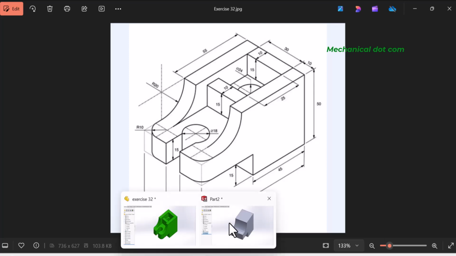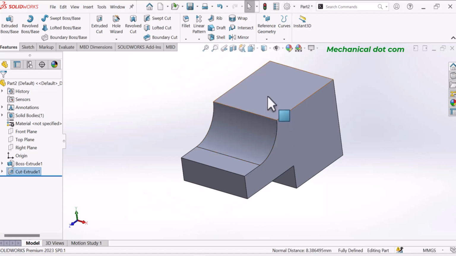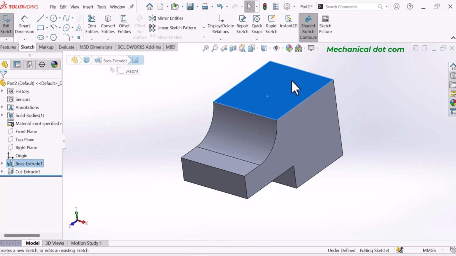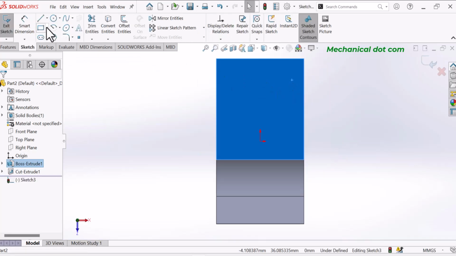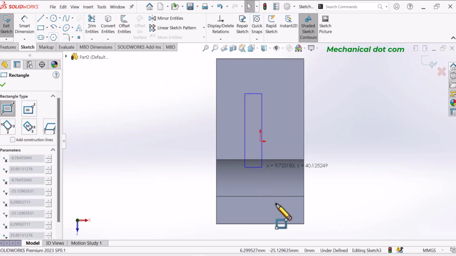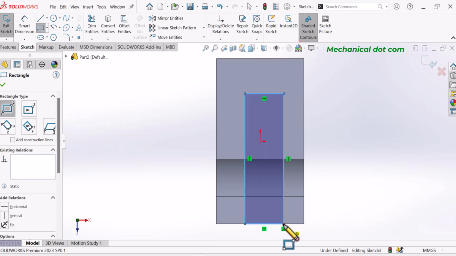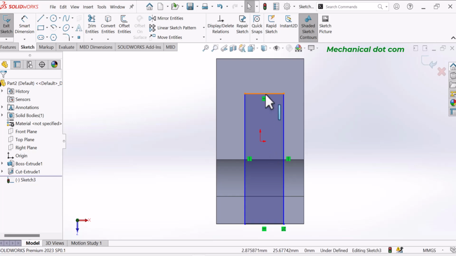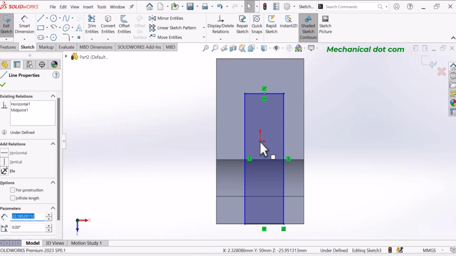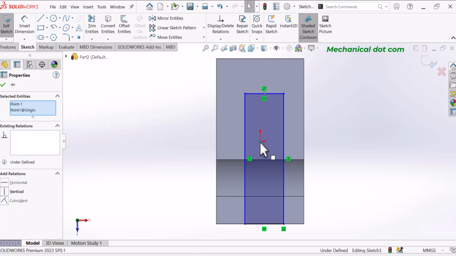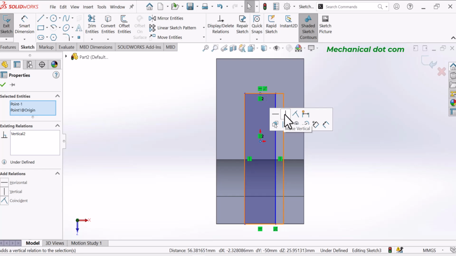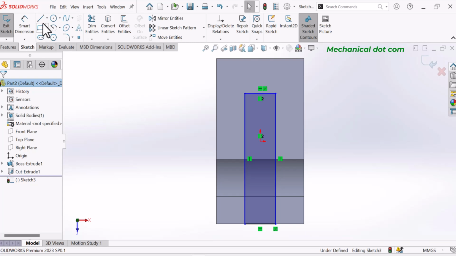Go to SolidWorks, select this top face and sketch. Now draw a corner rectangle like this. Escape. Select this point. Press the Control key and select this region and make relation vertical. Click OK. Now go to line command